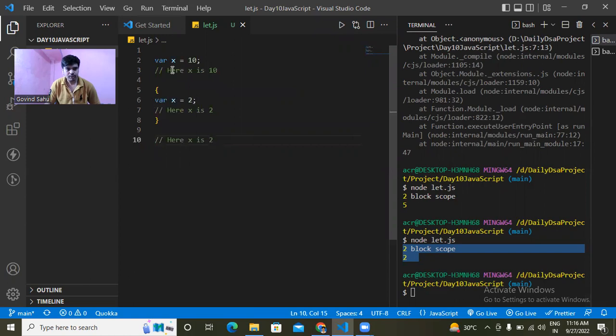So here is our var h equals 10. Because we have two parts, the memory creation part and the execution part. In the memory creation part, all the variables are undefined. Okay, so this is a global scope. So 10 goes in here. So here h is 10. And in the block scope below, h equals 2. So h is equal to 2 and this is reassigned, so that's why this h's new value is 2. And if I print this,